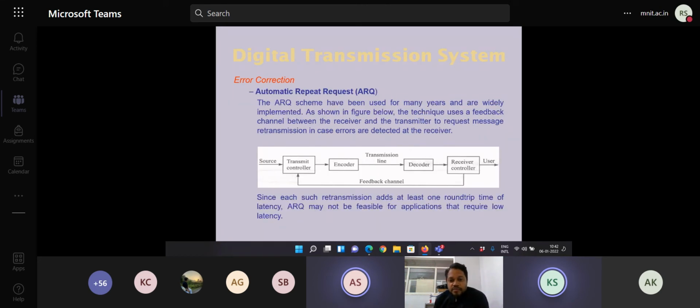So this is a block diagram of how the automatic repeat request works. There is a transmitter, there is a controller at the transmitter end and a controller at the receiver end, and there would be a feedback channel. So if the receiver detects that there is an error and has not been able to correct it, or if